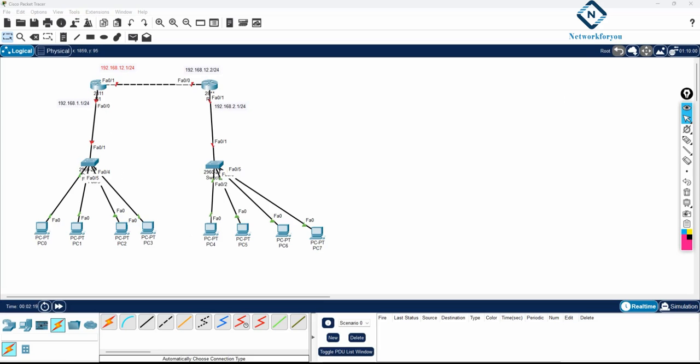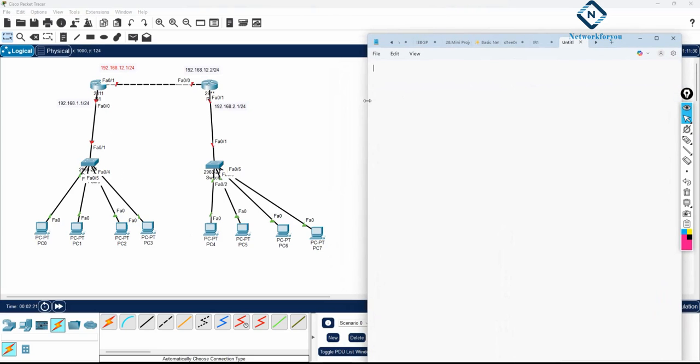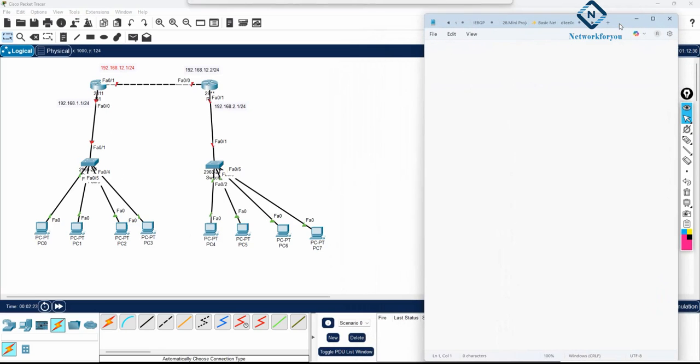I will take the notepad. In the notepad we can do the lab. I will write OSPF lab by using interface method. So now we are using the interface method. This is very important. Most of the time we are using this method only in our company. We are getting